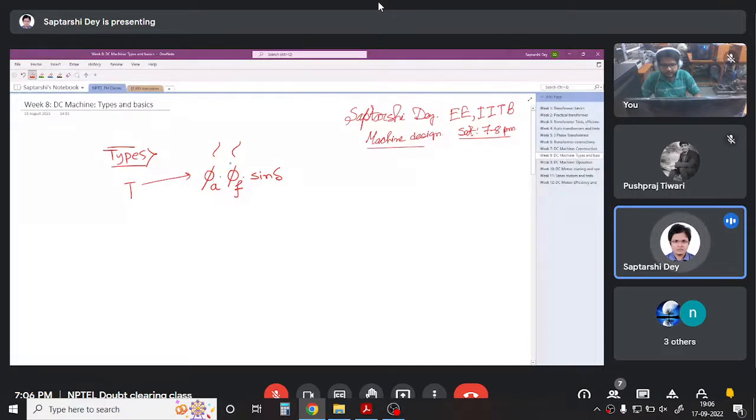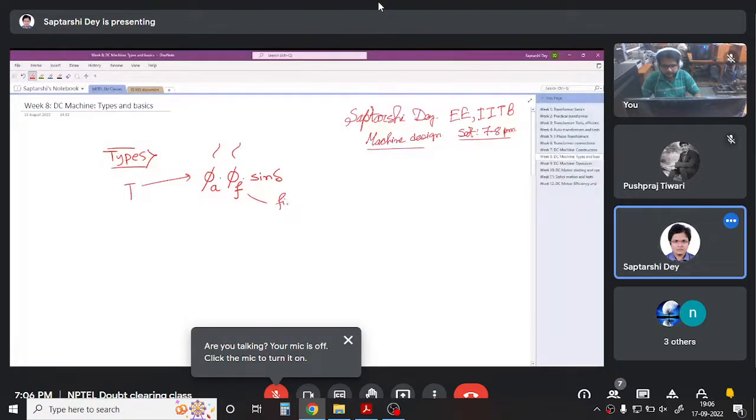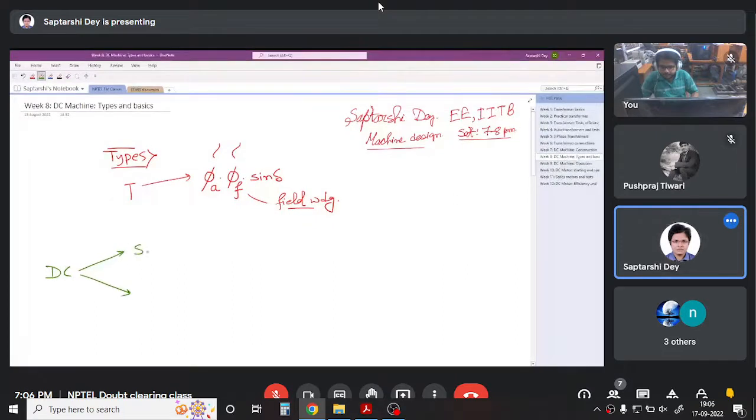Now, the thing is how to get this phi F. In case of DC machine, we get it from the field winding. Now, the field winding can be connected in several ways. So depending on that, the DC machine can be divided into several branches. Depending on this kind of classification, DC machines can be classified into two. One is